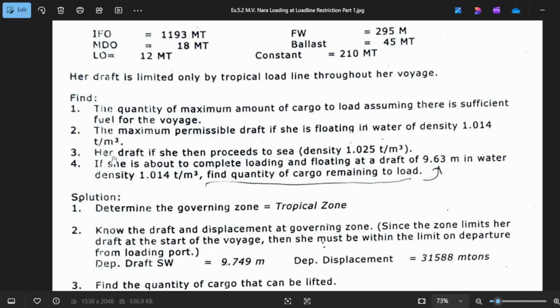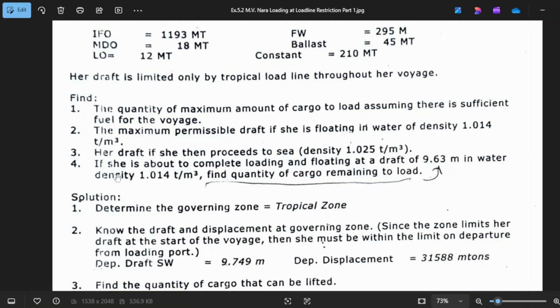Okay. We go to number 3. Her draft if she proceeds to sea, density 1.025. So her draft when she proceeds to sea at 1.025 will be 9.749, in a density of 1.025. Okay, that is salt water in a tropical zone.